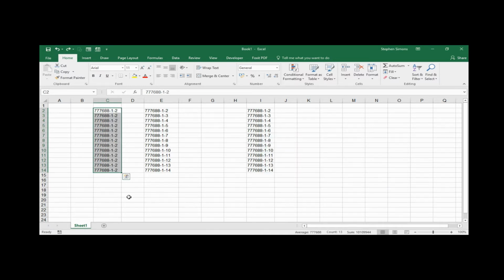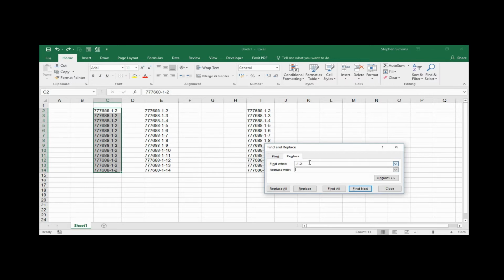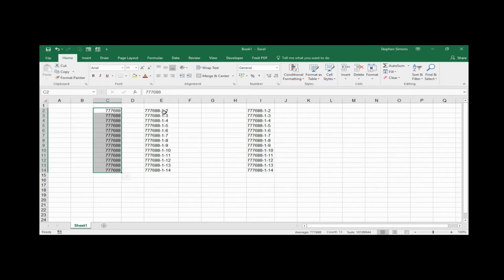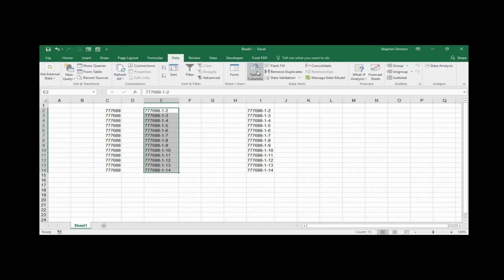I'll undo that, Control Z. Quickly show you again, Control H, -1, -2, replace with nothing, replace all. The next technique, and all of these are useful in their own different ways, this technique will break this down into different columns, and it will be delimited by the dash figure. So if I click on it, select it and go Data, Text to Columns,